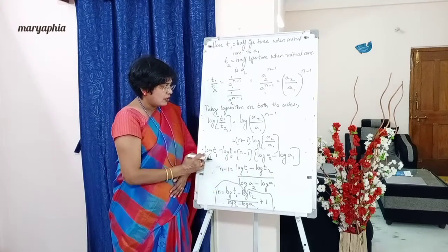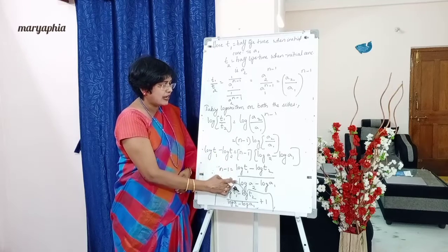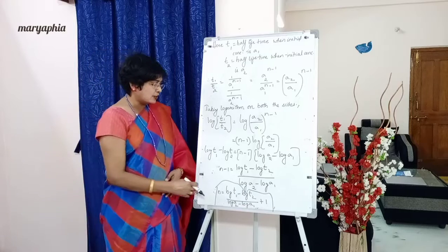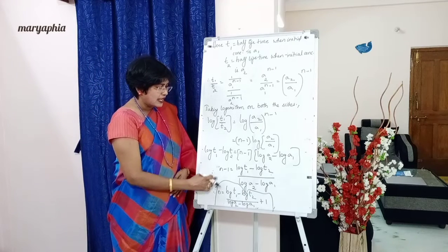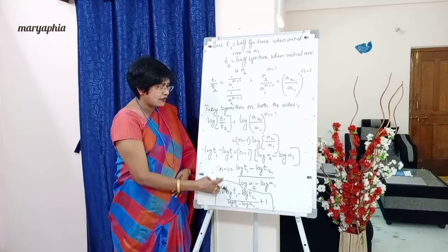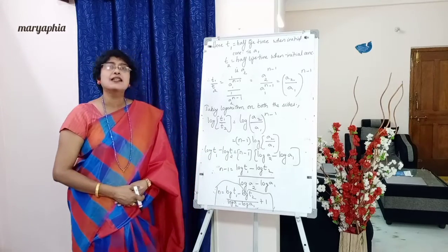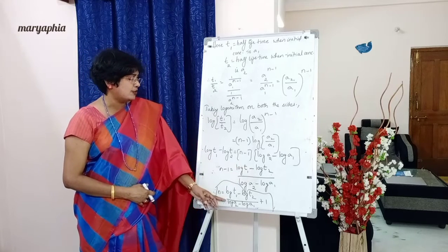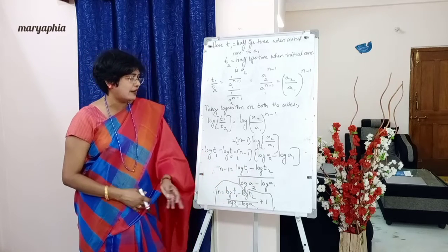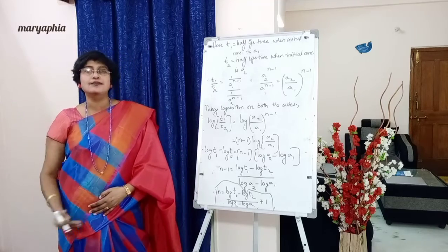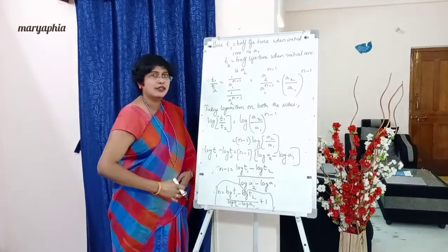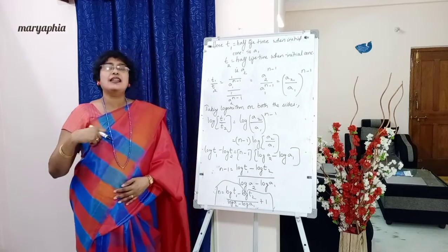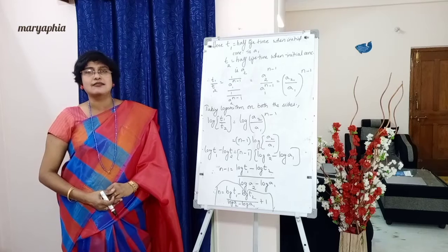So n minus 1 is equal to log T1 minus log T2 divided by log A2 minus log A1. Therefore, below write down, n minus 1. So n is equal to, minus 1, if it goes that side, what happens? Plus 1. Therefore, n is equal to log T1 minus log T2 by log A2 minus log A1, plus 1. Okay. So put it in a box, students. So this way, using this expression, we can calculate the order of the reaction.